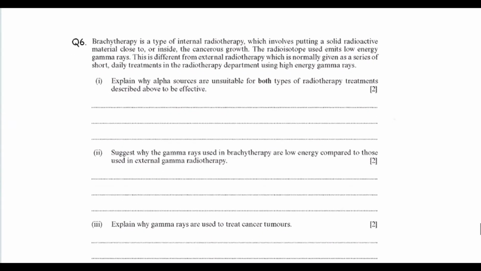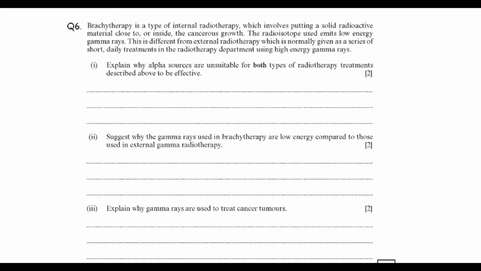On page 55, we have a past exam question, a 6-marker, not in the traditional 6-marker sense, but split up into 3 subsections. Now that you've read through that question, I'm going to just write down a few keywords to help you. Explain why the alpha source is unsuitable for both types of radiotherapy described above to be effective. Well, alpha is